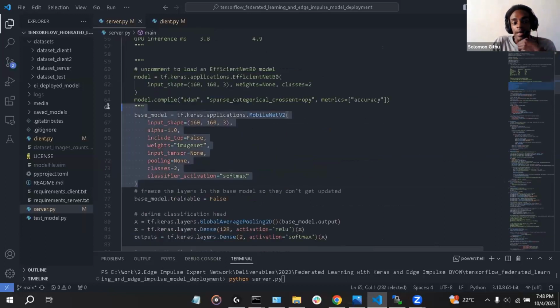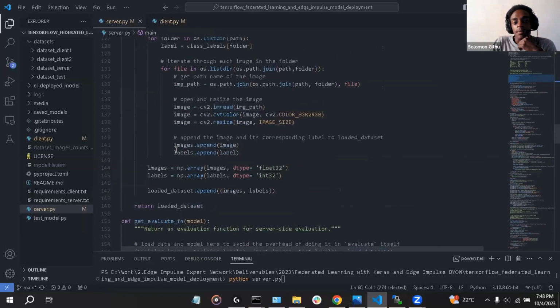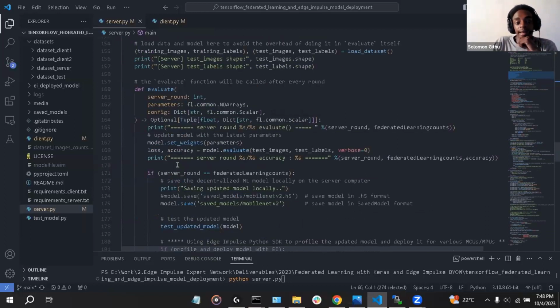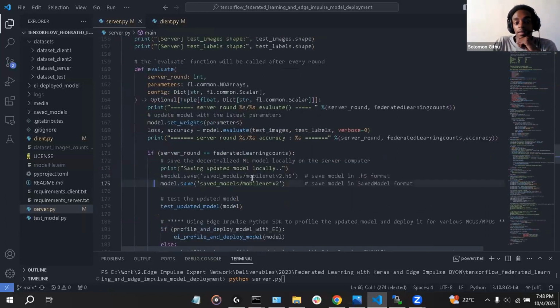You can load it at this point. Same case here for the evaluate function. After the federated learning has been completed, the server will then save the model. So in this case, it will save the MobileNet V2 model in the saved model format. After saving the MobileNet V2 model, it will then test this model.